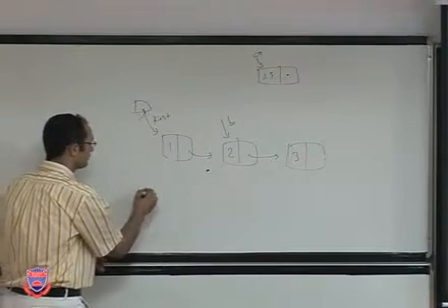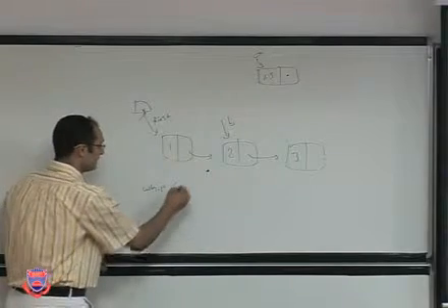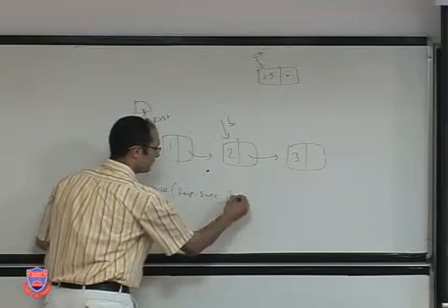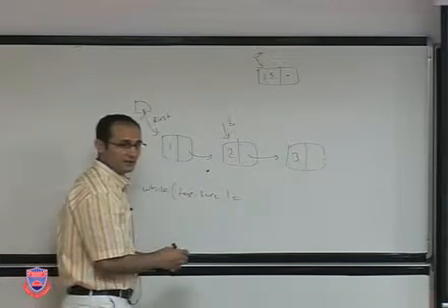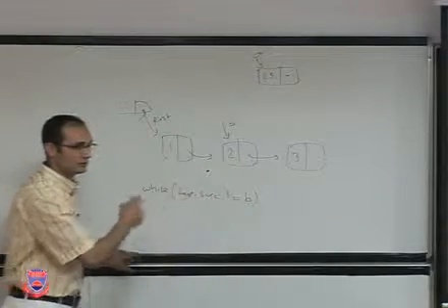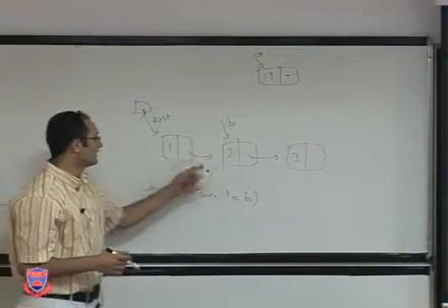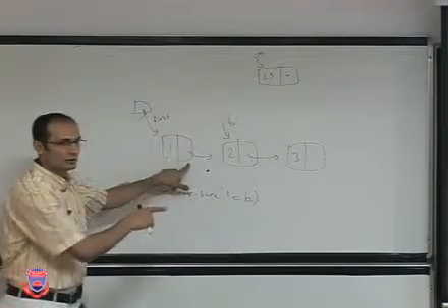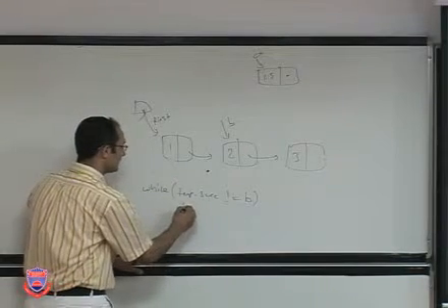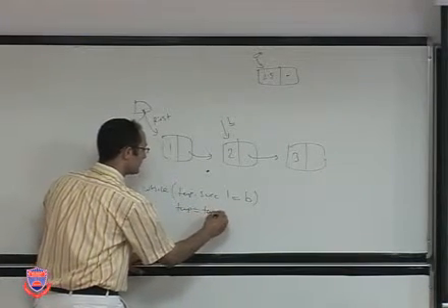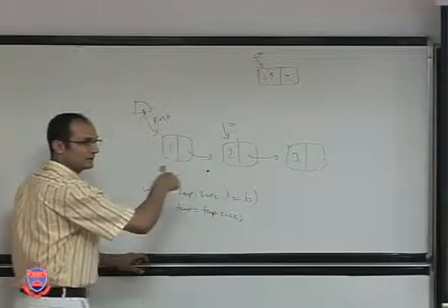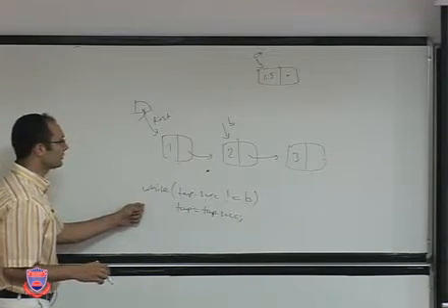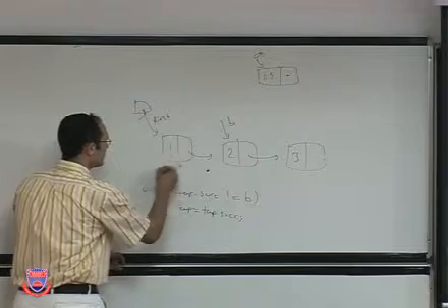In that case, what you're going to search for, while temp dot successor not equal to B. So I'll continue to search for the next element as B. So when I found 1, oh, okay, I see that the next element of 1 is 2, so I will need to insert it here. So I will continue until that. Until that time, I will say temp is equal to temp.successor, so that every time it's going to get the next element, on and on. When I find it, whenever it's the next element, what am I going to do? So that means temp is pointing to this,